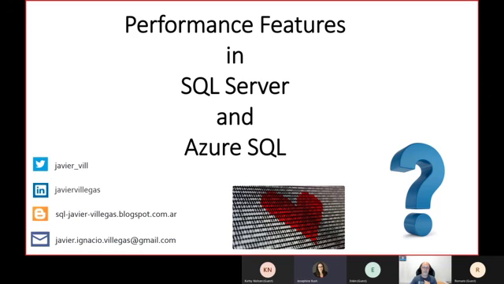I'm curious about something. You mentioned Query Store, right? But with Azure SQL, they have that stuff in the portal where they give you performance tuning recommendations right in the portal, I thought. How does that compare? I haven't used it a lot, so I didn't know. Have you used that at all?